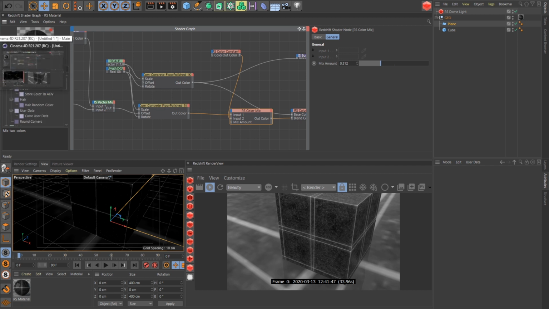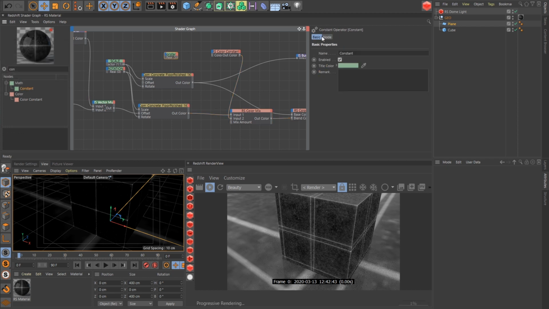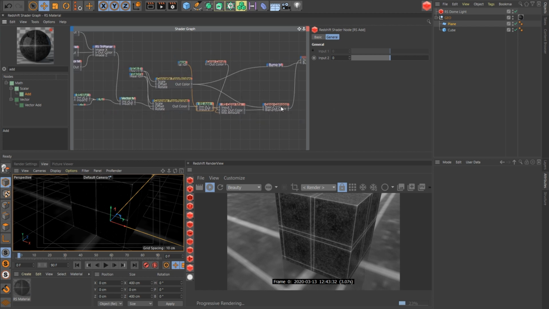To do that, we're going to add another constant, and Sino is going to pop up again. We're going to label this decay. For right now, I'm just going to give it a 0.3, because that's, I think, how far we'll go in this tutorial. And to have that mix amount be incremented every time, we're going to use another add node and add every layer. Finally, I'm just going to make a copy of this composite node